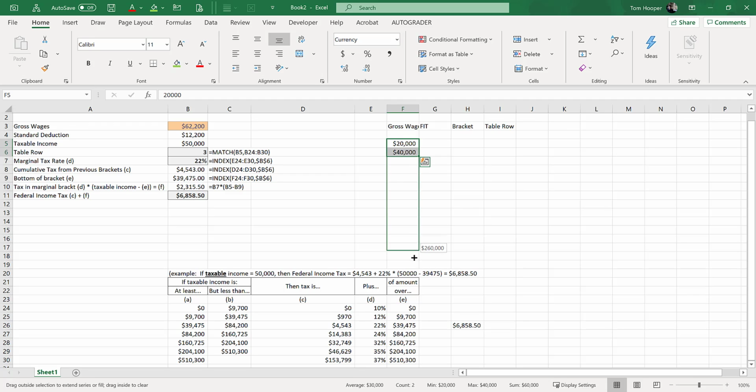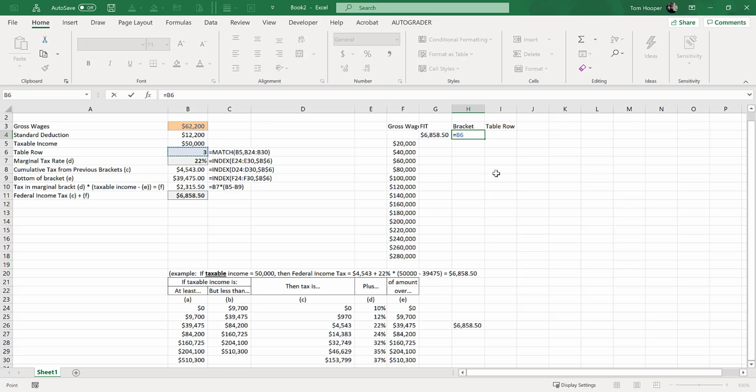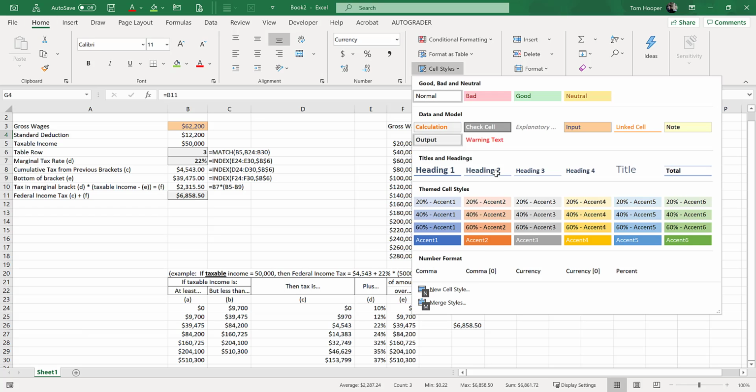Here's a good spot for the mouse. And then to get the federal income tax, I'll just refer to that output. To get the bracket, I'll refer to that output. And to get the table row, I'll refer to that output. Since those are all outputs, Alt-HJ, output,